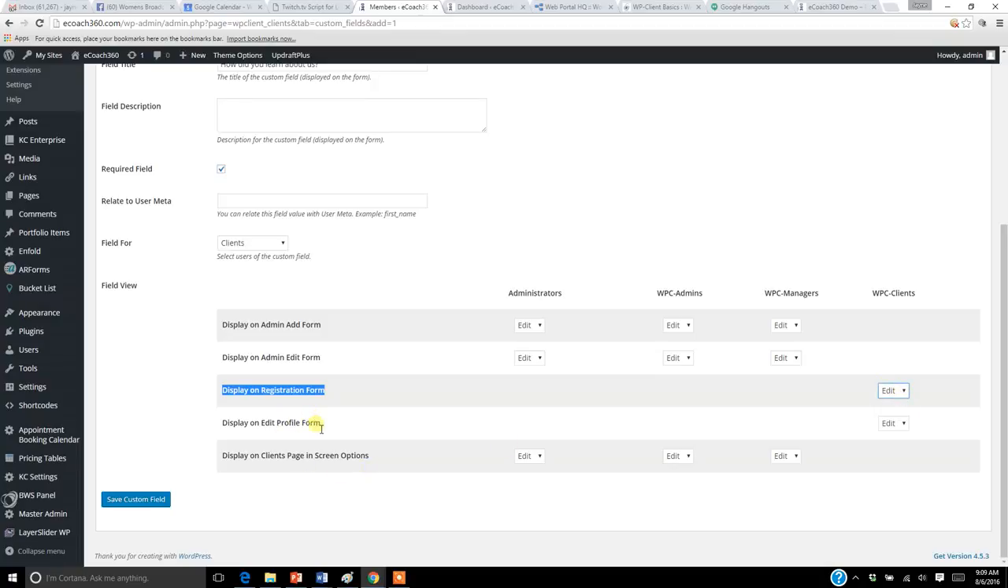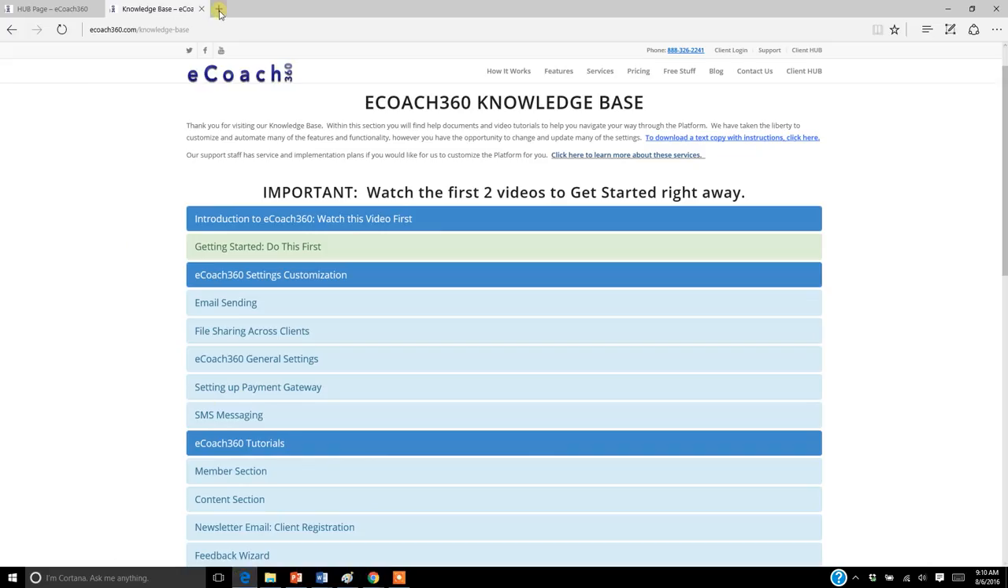Display on the edit profile form. So you've got choices here. Where do you want this question to show? Once you do this, just hit Save Custom Field. And now on your form,